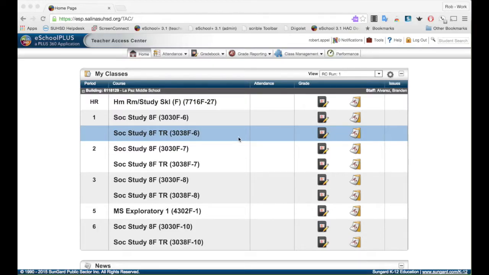Another great new feature in this version of eSchoolPLUS 3.1 is the ability to create rubrics and also score assignments using rubrics. And the way you get started with that is by starting from your gradebook. So I'm going to click on the gradebook,